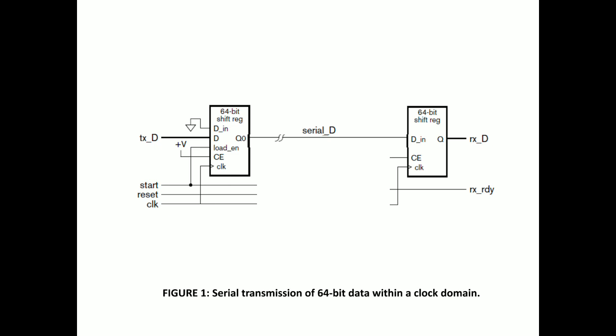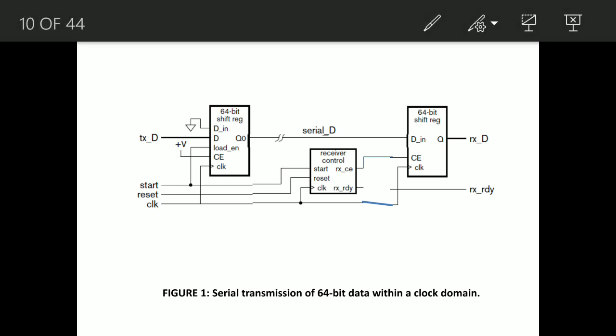The data we load at the transmission end is parallel, but the receiving end shift register is getting data as a serial input, and we have a common clock. We will also have a receiver controller, which is very essential in order to transfer the data. We shall see the waveforms also, to see why this receiver controller is essential. You can see the enable signal at the receiving end will be getting through the receiver controller block, and the clock signal is common.